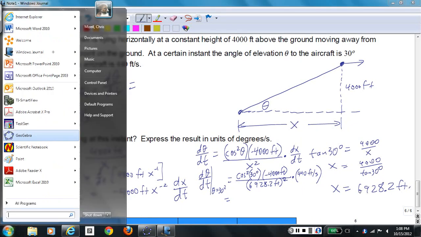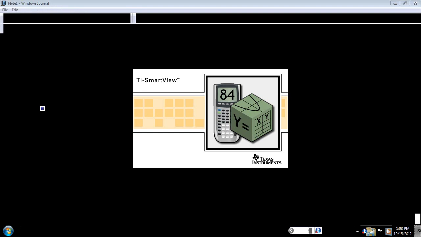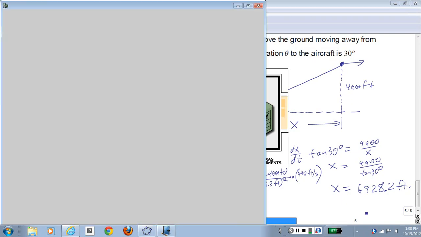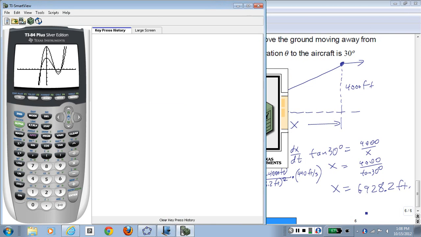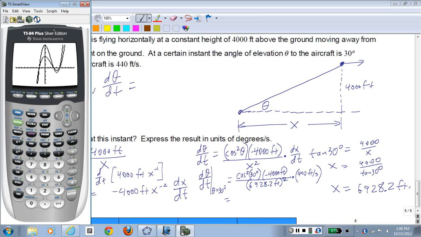So I could try to punch this up and let's see what we get. Maybe you've already done it. Check to see what mode my calculator's in. It's in degree mode. So I should be able to do this. So cosine of 30 and square that. Hopefully we'll take the cosine first before squaring. Times negative 4,000 times 440 divided by